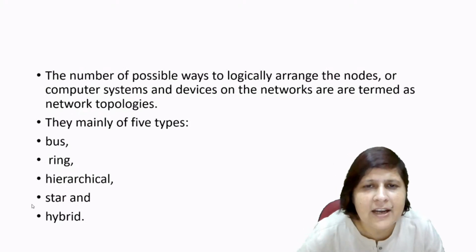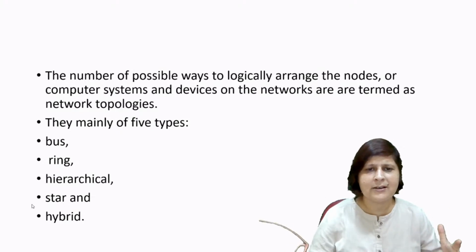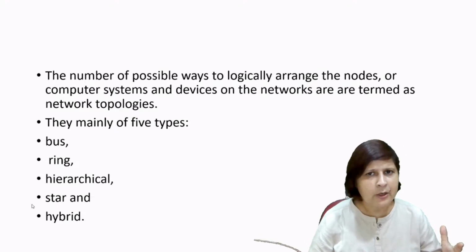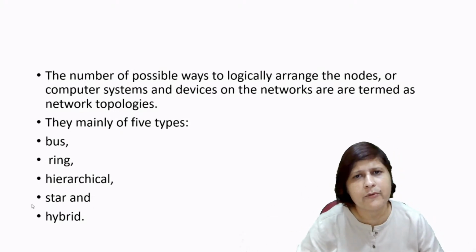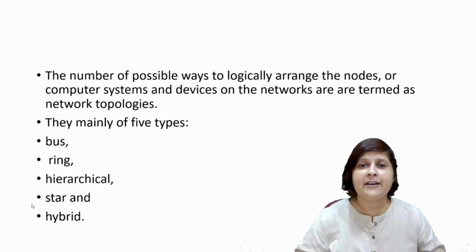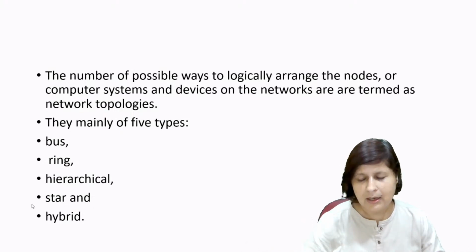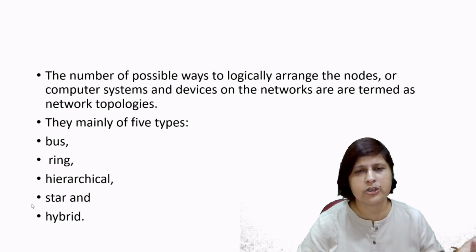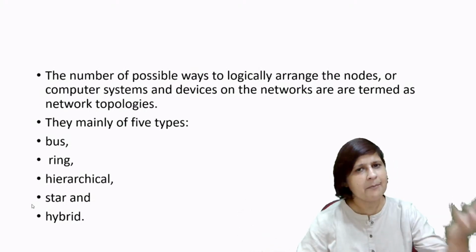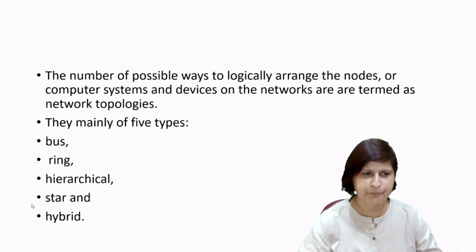What is the internet? What is a network? A collection of computers, or an arrangement of systems in a particular way, is known as a network. And a network of networks is known as the internet. That's why we say there could be hundreds, thousands, or millions of nodes in a network. An example is the internet. A network of networks is known as the internet.